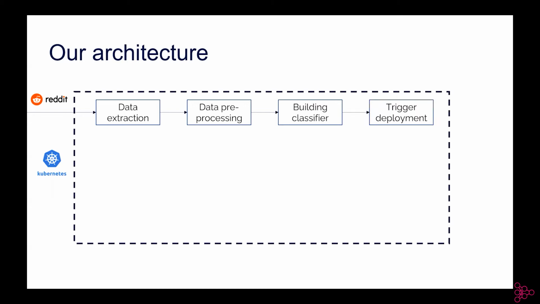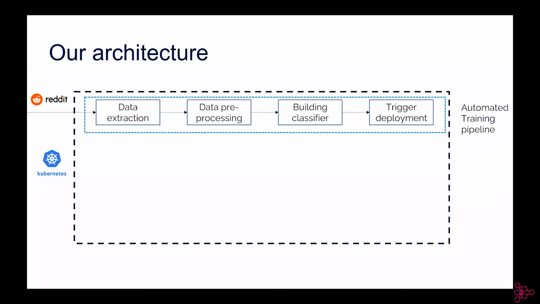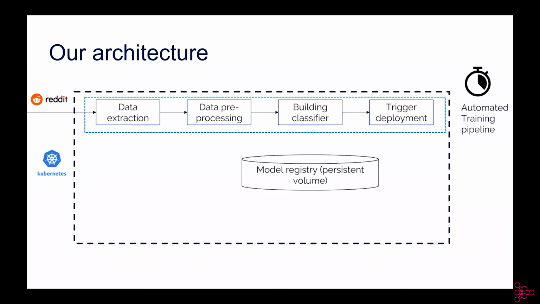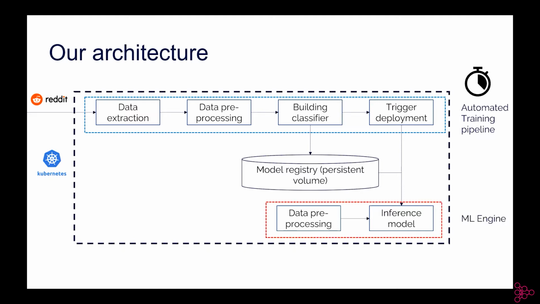And when our classifier building is done inside our pipeline, that is automated, it will trigger deployment. Basically what will happen is it will take the model from the model registry that has been saved by the building classifier component, and then send it to production, send it to deployment. And in deployment, we potentially already have a model that is deployed. So it will replace the existing model automatically by redeploying a new one.